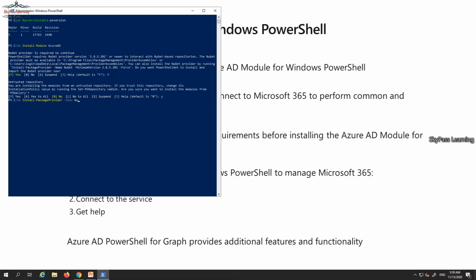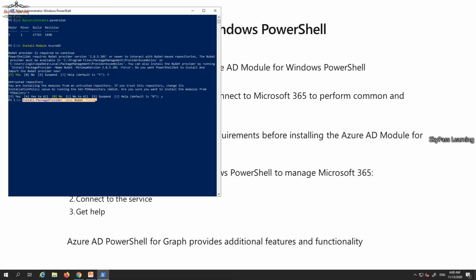So you can run this command if you are getting an error message and your system is unable to download and install from the NuGet provider. One more thing, I will copy all these commands in my description box also. So it's only required when you are getting an error message at this prompt.